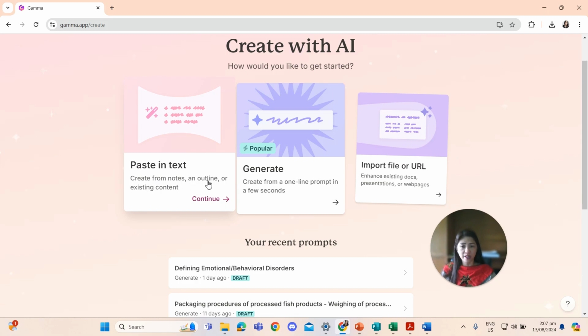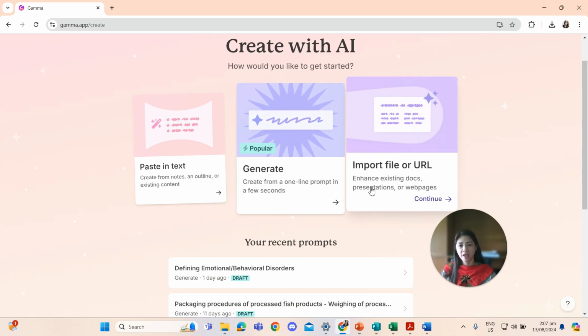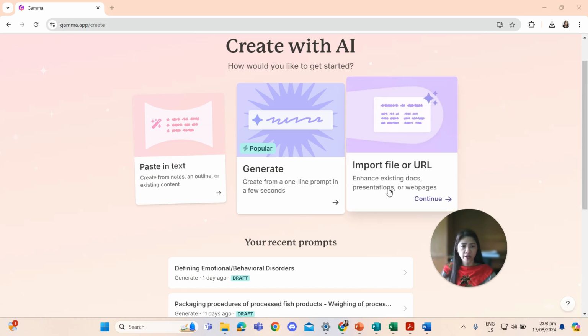Create from notes, an outline, or existing content. And of course, this is the most popular one: Generate, create from a one-line prompt in a few seconds. And Import file or URL, enhance existing documents, presentations, or web pages.